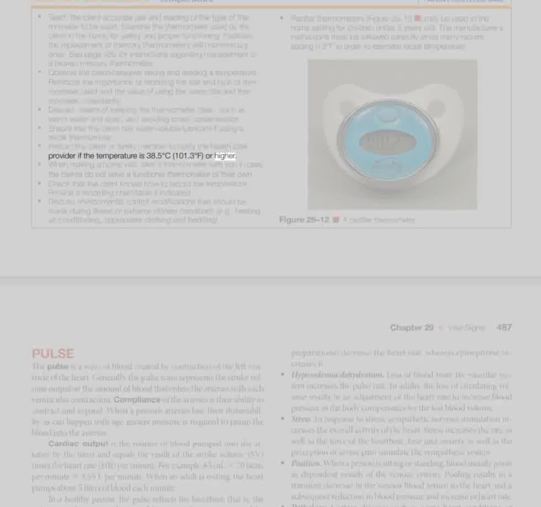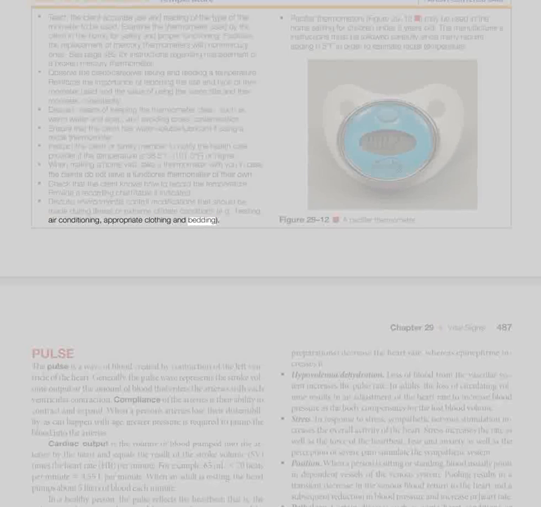Fahrenheit) or higher. When making a home visit, take a thermometer with you in case the clients do not have a functional thermometer of their own. Check that the client knows how to record the temperature. Provide a recording chart or table if indicated. Discuss environmental control modifications that should be made during illness or extreme climate conditions, for example, heating, air conditioning, appropriate clothing